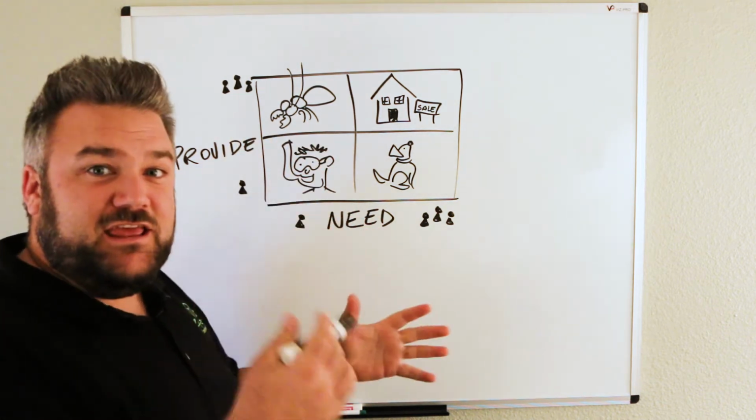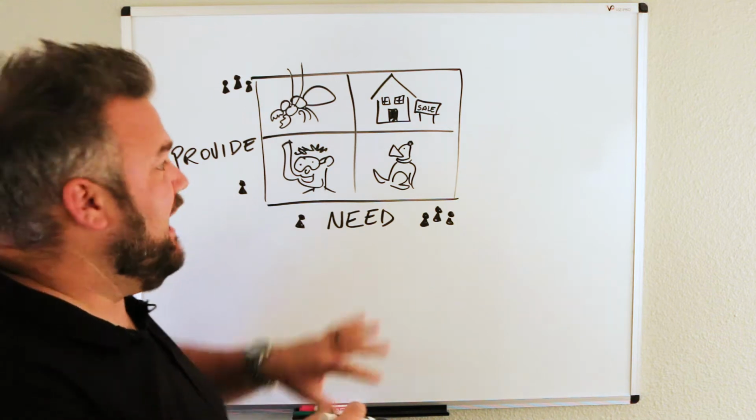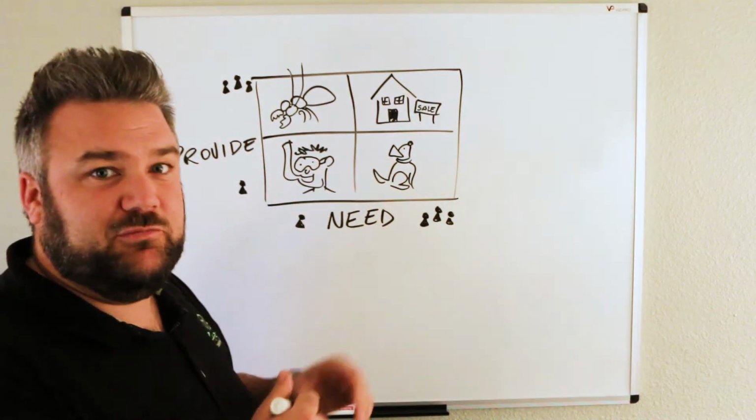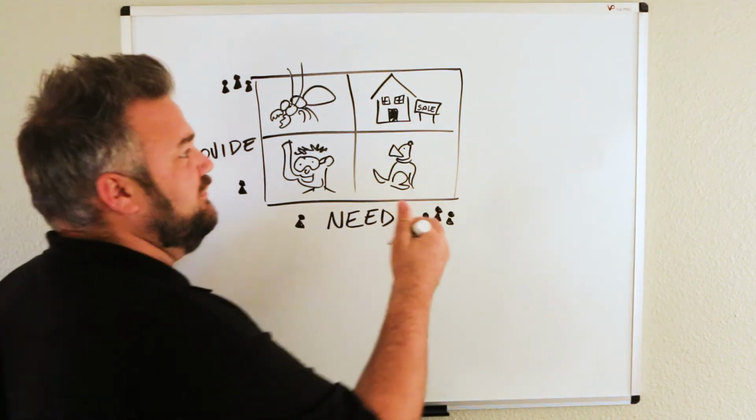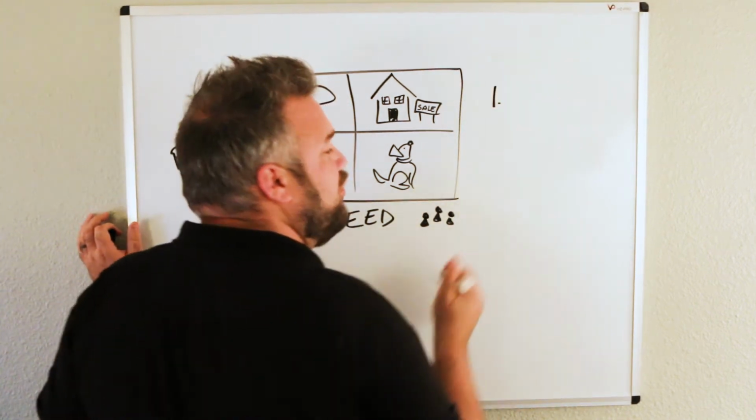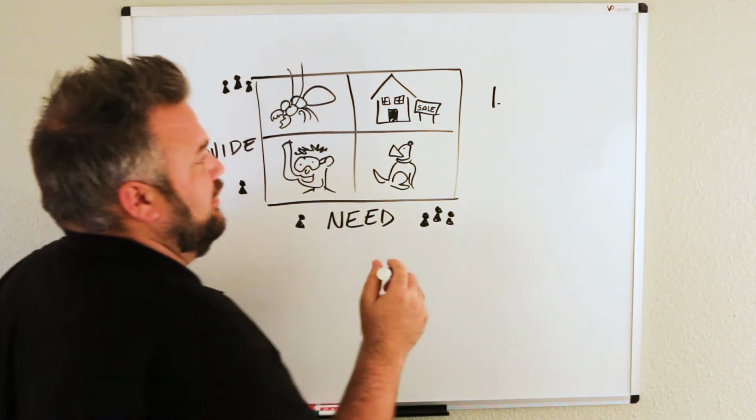So this is just an exercise to kind of figure out where you are on this chart here, so we can then move to how businesses set themselves apart from their competition. And I've observed 6 ways. There are probably more ways than this, but these are just 6 quick ones we're going to go over.